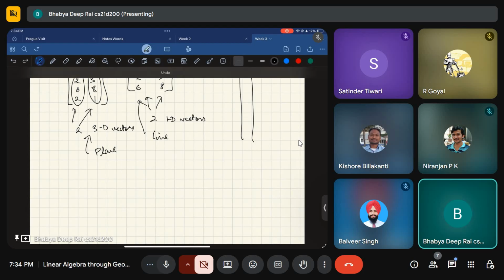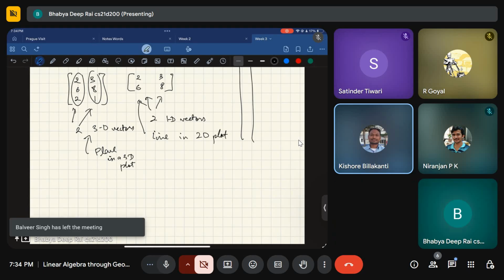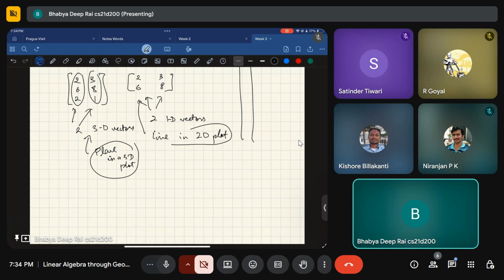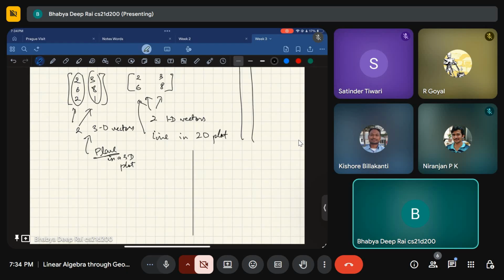Okay. Now, can you plot a plane in the 2D plot? Not always. I mean, you can plot it, but it will be a very bad approximation. Okay. Can you plot a line on a plane? Well, you'll say you'll be able to plot a line on a plane. How will you do that? Well, you'll say, okay, fine, I have this 3D plot, and previously you were saying 2 6 2. Let's say this is one plane, and then you were saying 3 8 1. Then this is another plane, and so on.